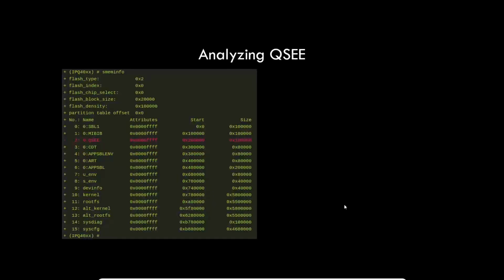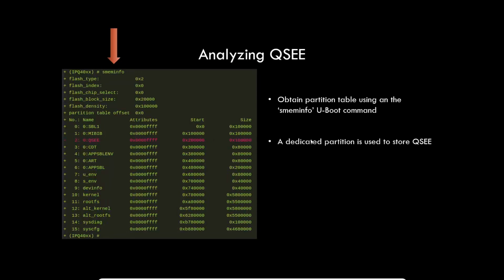So at this point, having access to U-boot, we just dumped the flash. It was pretty easy. First, we got the partition information. And you see that with the SMEM info, we are able to dump the partition table. It's a standard U-boot command. And you're going to see that here QSEE is printed at this offset in the flash, and this is the size.